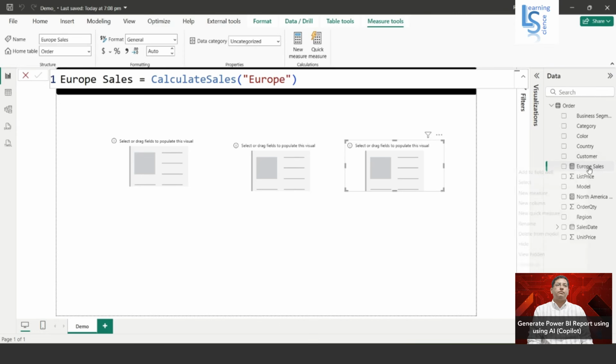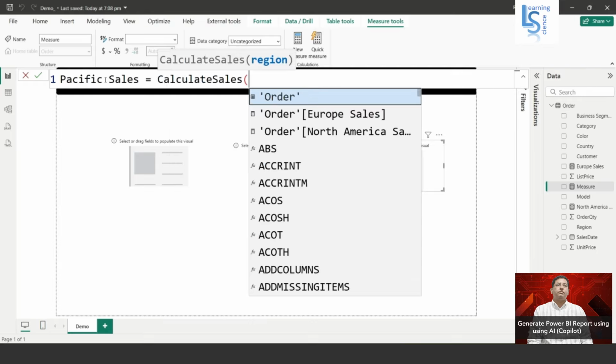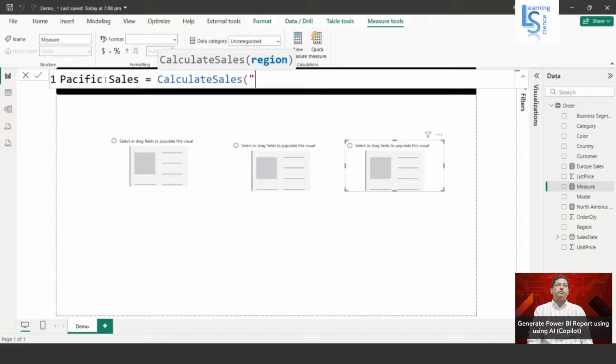Then again I will create a new measure. We require 3 measures to call the UDF, and here I will say Pacific sales, and say calculate sales. In the double quote I'll mention Pacific as a region name. Then I'll accept this also,